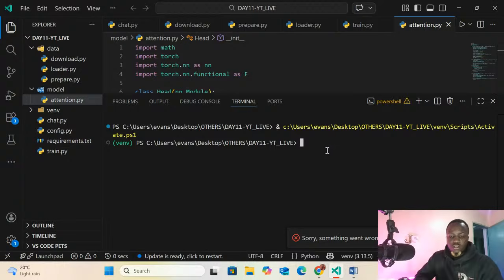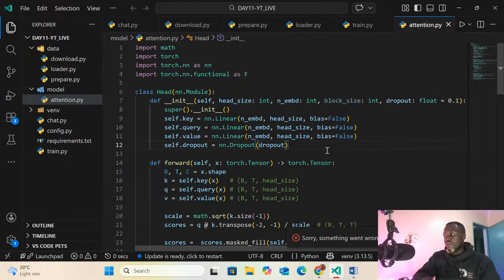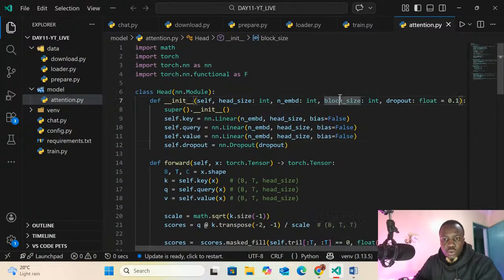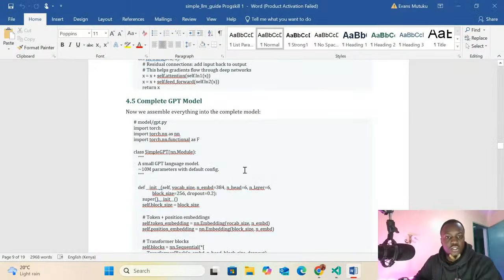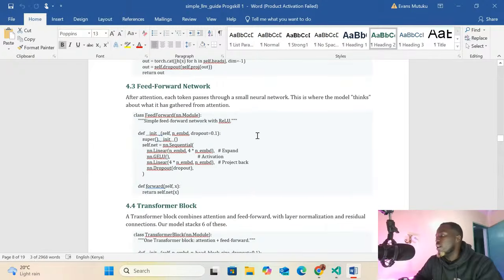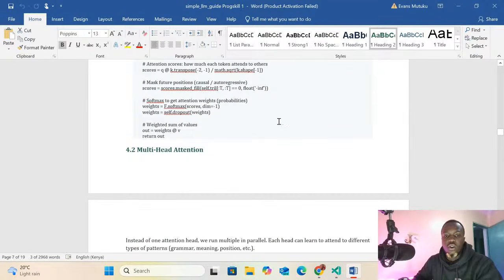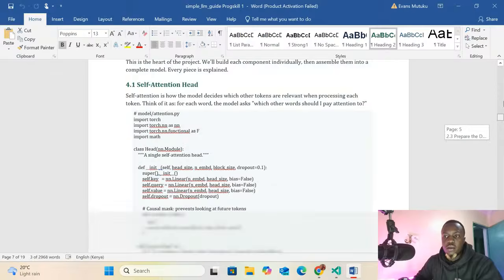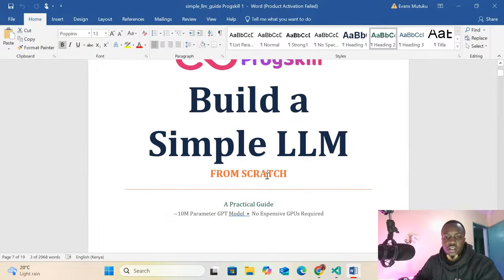Yeah, I can see my virtual environment is ready here. And here's the code that we are working on. If you want to see the process or the document that we are following, I also shared this document in the code, it should be somewhere in the code.